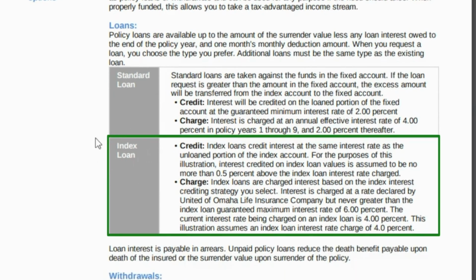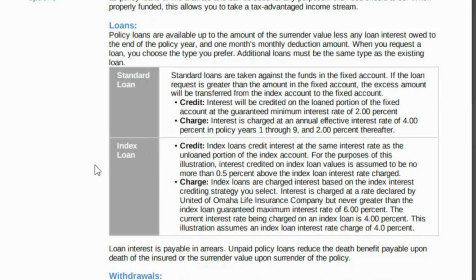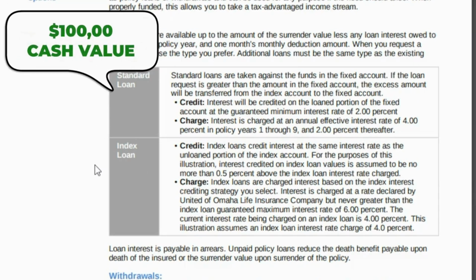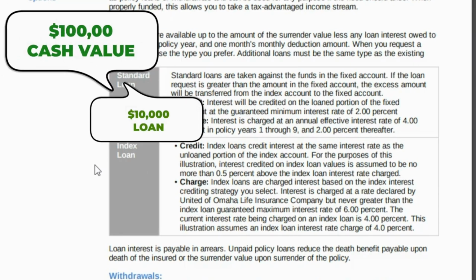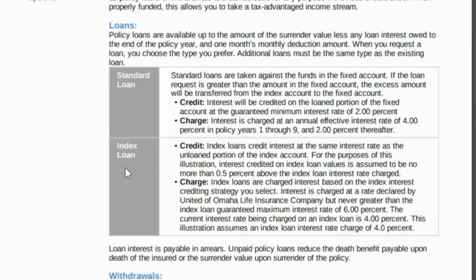Index loans have become very popular, and they've also become a little bit controversial in this industry, so you have to be careful in the way some companies illustrate index loans. But what an index loan does is, let's go back to our same example. We have $100,000 of cash value. We want to take a $10,000 loan. With a standard loan, they moved that loan out of the indexed accounts and credited a guaranteed 2%. With an index loan, even that $10,000 loan value is going to stay in the indexed accounts and go after